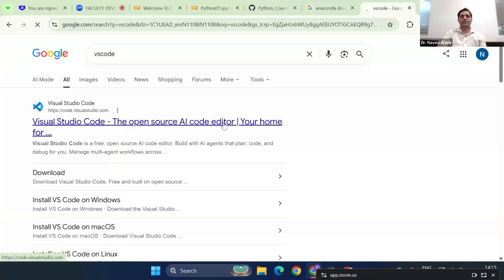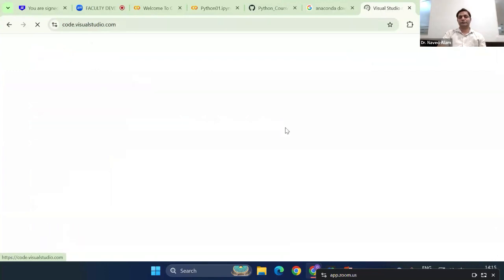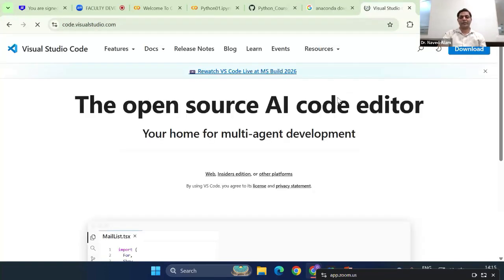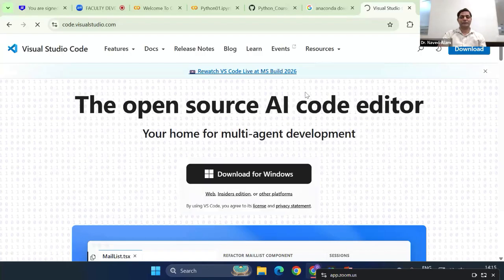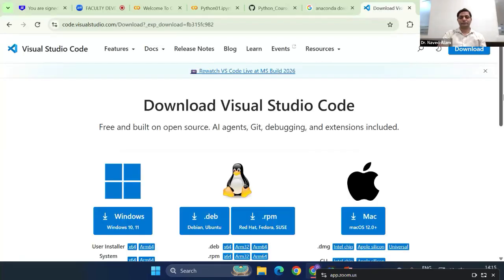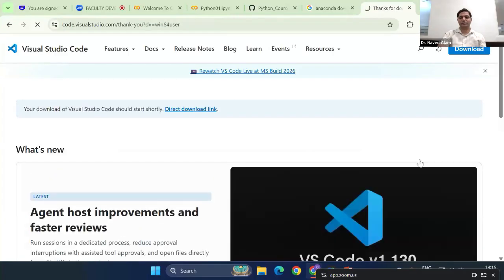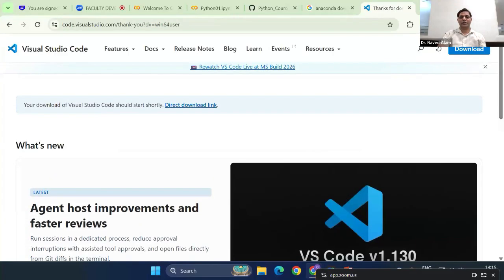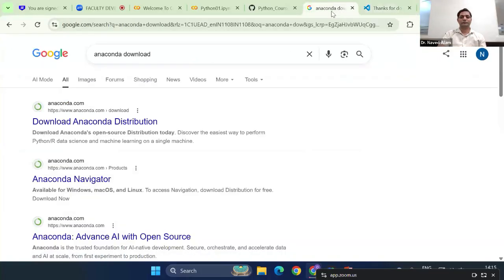So you can install VS Code. Download from here, choose your system, that it is your Windows system, then you can click on Windows. Then it starts to download. So after downloading any software where we are writing the code, the next thing is that